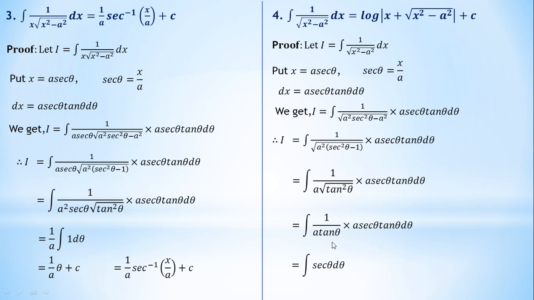So the simplification of the given integration after this substitution gives the integration of sec theta with respect to theta. Now all of you know that the integration of sec theta is log of sec theta plus tan theta, and here also we take the constant c dash. We get the integration as log of sec theta plus tan theta plus c dash. Now after getting this integration, we have to resubstitute the value. We know the value of sec theta here, because our substitution is x is equal to a sec theta, so sec theta is x upon a. But what about tan theta?